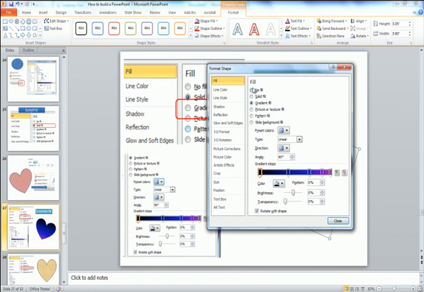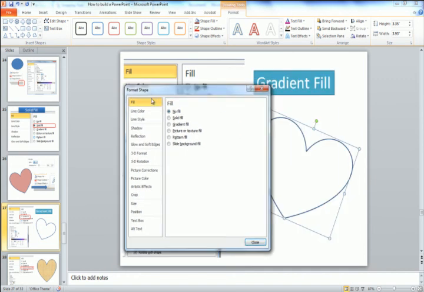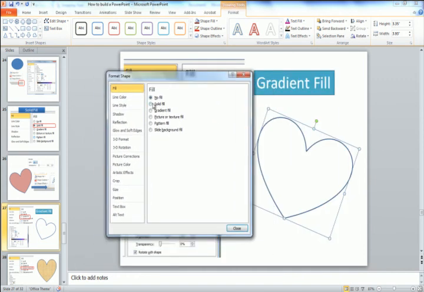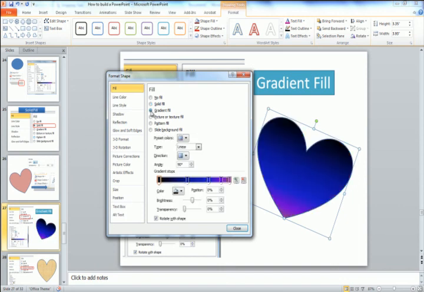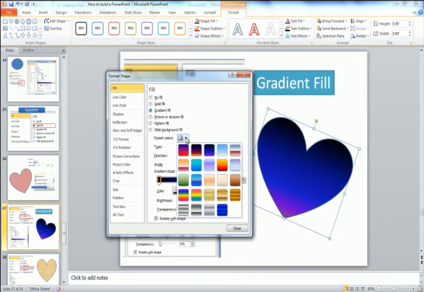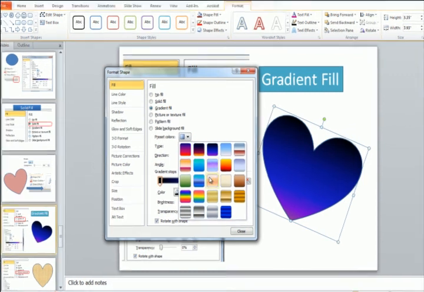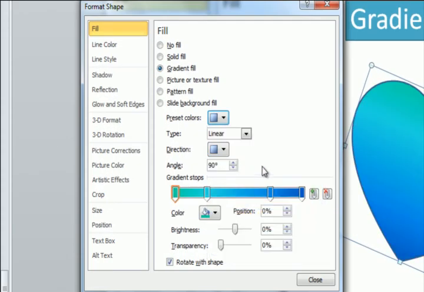Okay, no fill doesn't put anything in there. Solid fill, we put our color in there. This time, we're doing a gradient fill. You can make your own gradient fill, or you can use preset colors. Right here is preset colors. When you click on the little arrow beside that, you can find several presets